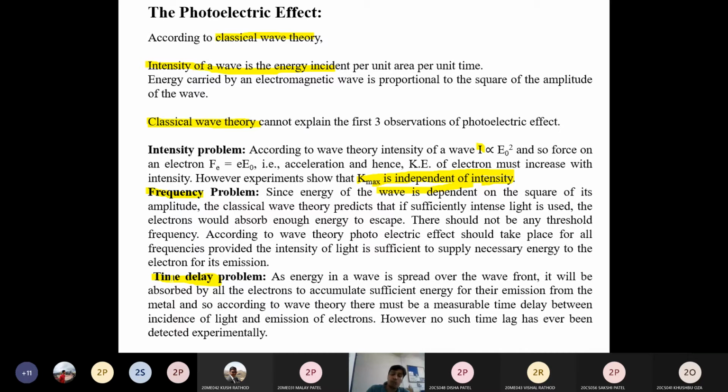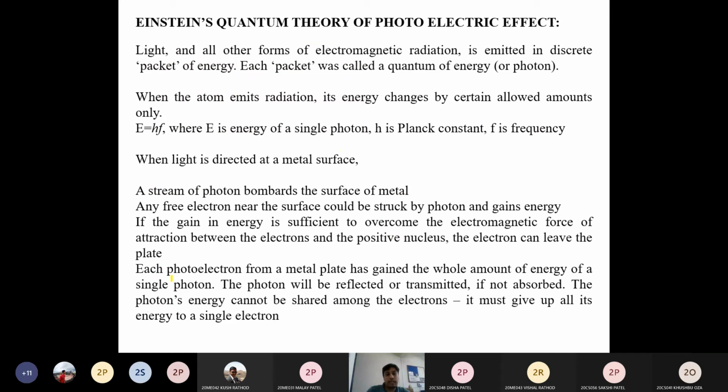Okay, so to overcome these limitations, okay, Einstein gave a quantum theory for the photoelectric effect, and in quantum theory they gave the concept of packets, or we can say wave packet. Okay, that is called wave packet. So wave packet is nothing but a bunch of energy,